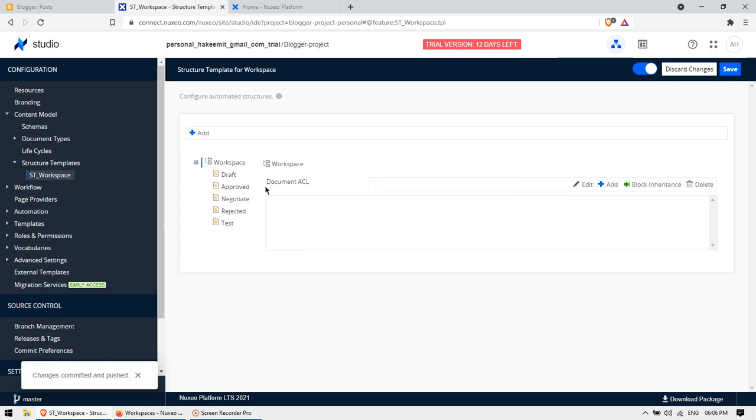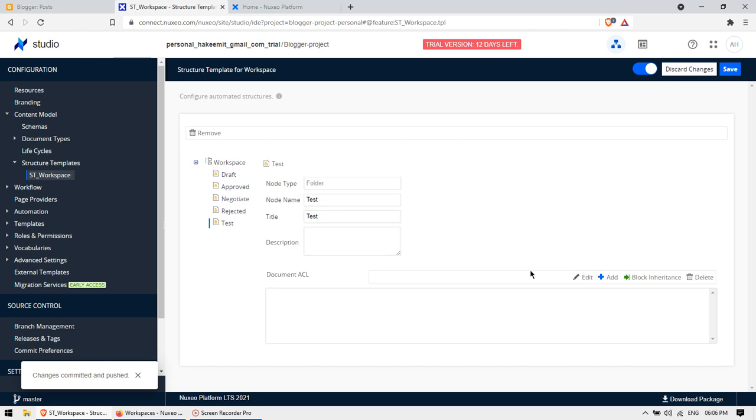So by doing this, you can have a number of folders, and you can define the access level, permission settings, everything by doing the block inheritance. And also you can define which user and which group of users can have the access privileges, whether it is read access, write access, or delete access. So you can define all those things at one shot, so that in future, whenever somebody creates a workspace, the structure will be automatically applied, so you don't have to do that again and again.